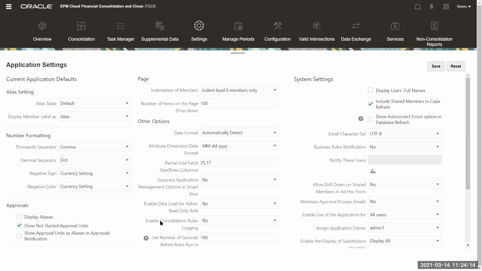Yes, if something is causing an issue, they'll be able to help you root cause it. Okay, so this consolidation rules logging, you set it up only when there's an issue and product development asks you to do it. Otherwise, if you're knowledgeable enough and know what to do, if you want to debug yourself, then enable this, raise a feedback, and you can look at it.